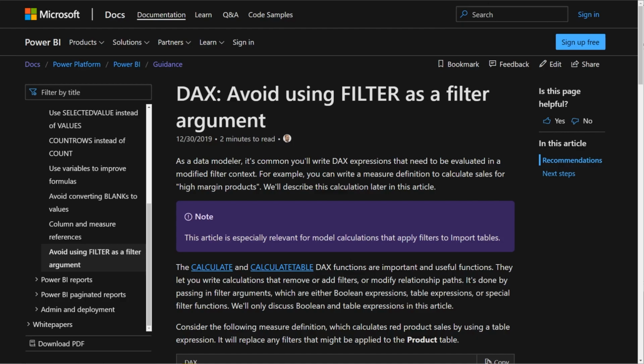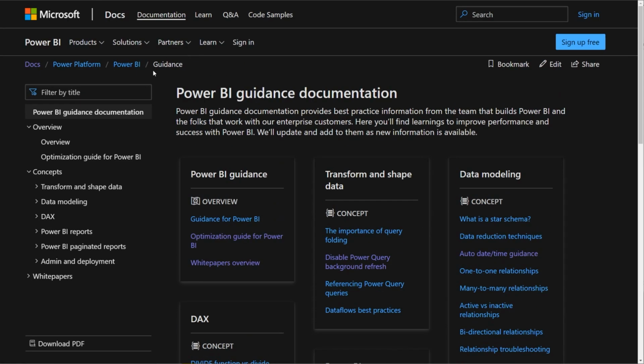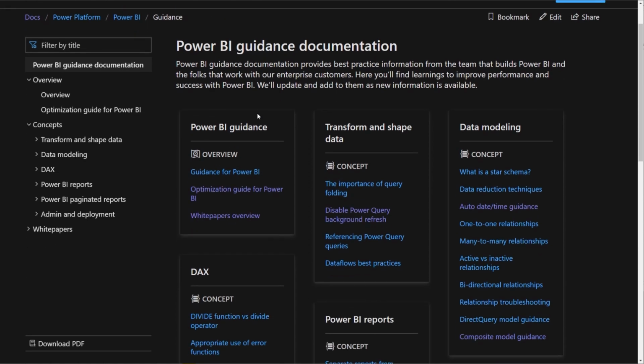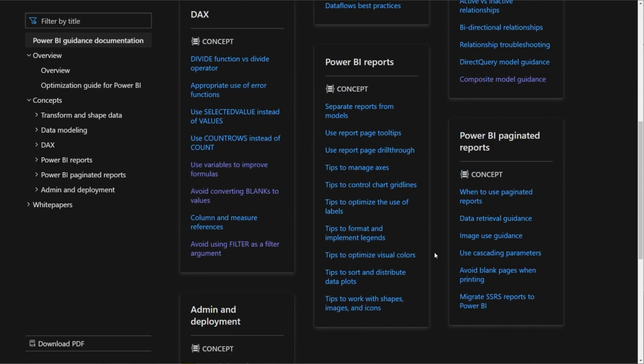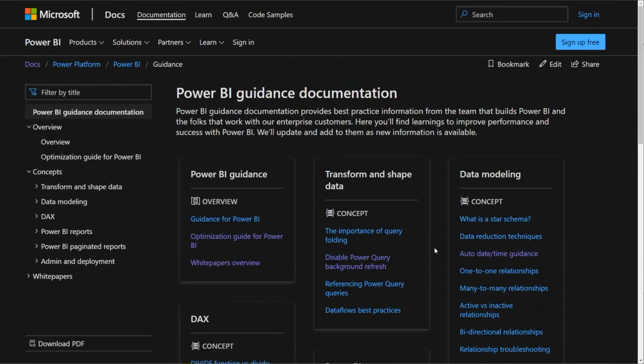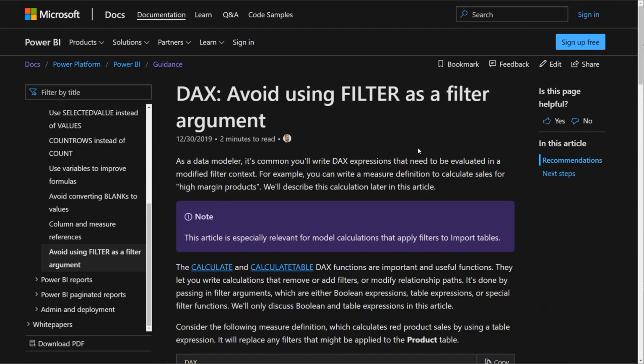Microsoft has a site dedicated to Power BI guidance, and you just need to Google Power BI guidance and you will find this site, and it's actually a very good site. It has a lot of very good advice around many different topics, from general Power BI guidance, from optimization, white papers perspective, to Power Query and transformation and shaping perspective, data modeling, reporting, and others. So there's a lot of different topics that this guide covers, and the one that I decided to drill into